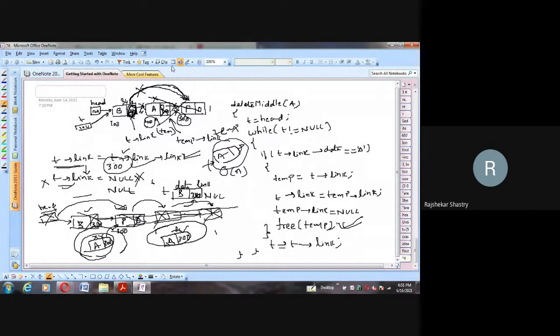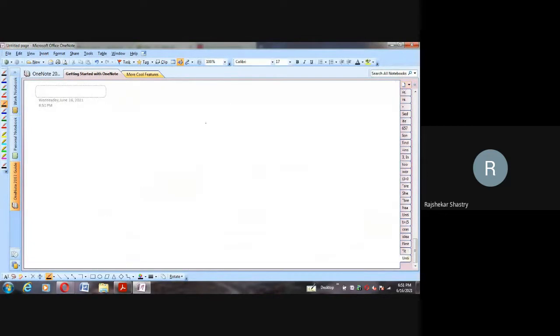Of course, we can also talk about the display. The display method simply goes like this. In the display method, I take a temporary variable t, storing head in that, and if t is equal to null, then the linked list is empty, so we print that the linked list is empty, because no node is existing.